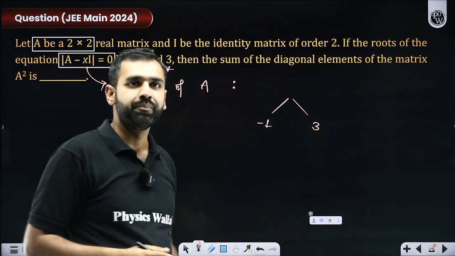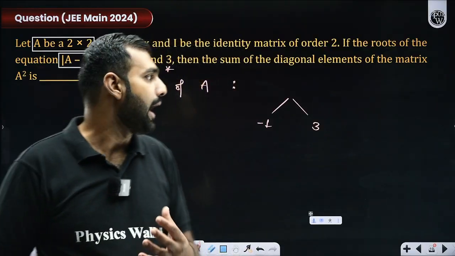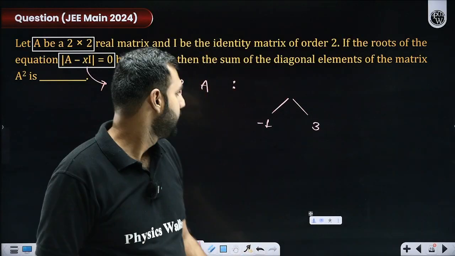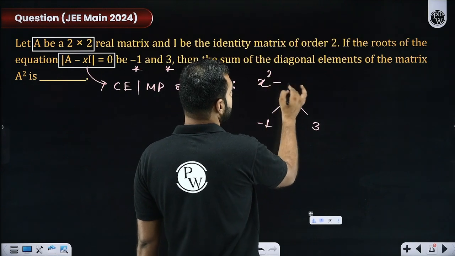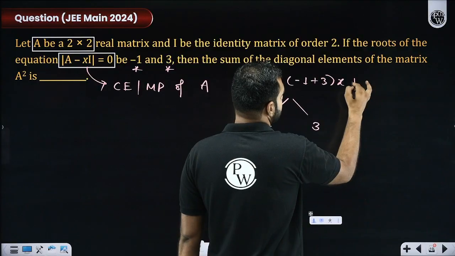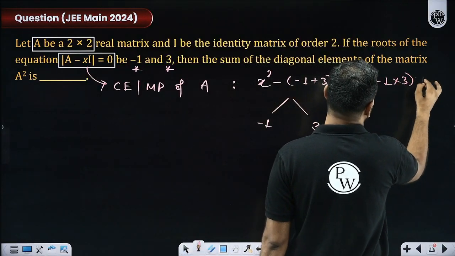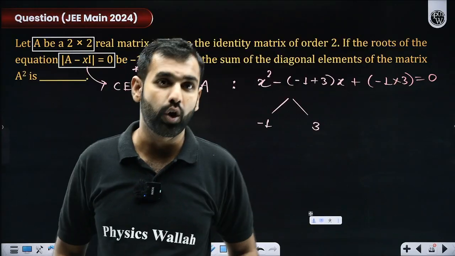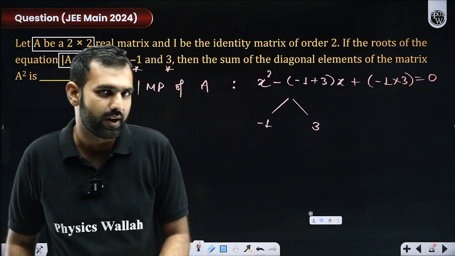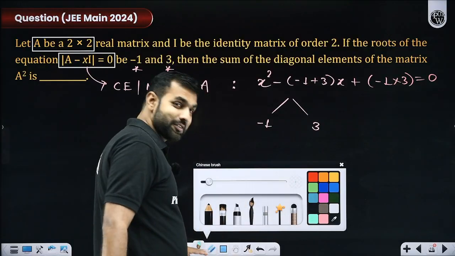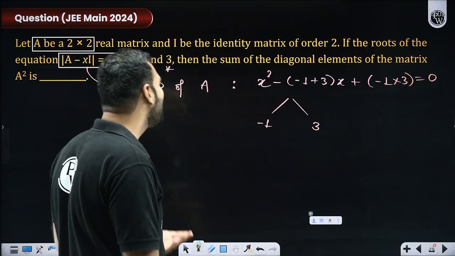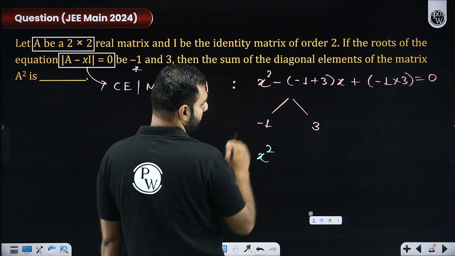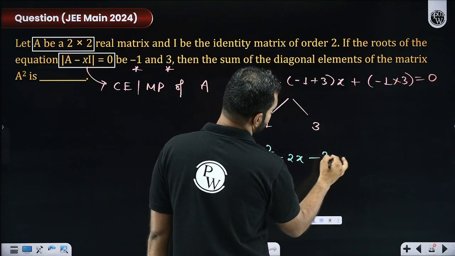So if I know the two roots of an equation, I hope we know how to write the equation. Yes or no? I hope you remember x square minus sum of the roots into x plus product of the roots is equal to 0. Yes or no? x square minus alpha plus beta into x plus alpha into beta. That is all what you know from theory of equations, from quadratic equations. Yes, it looks easy now. Why would it not look easy? So if I simplify this, it will be x square minus what? 3 minus 1, 2. So this is minus 2x and minus 3 is equal to 0.